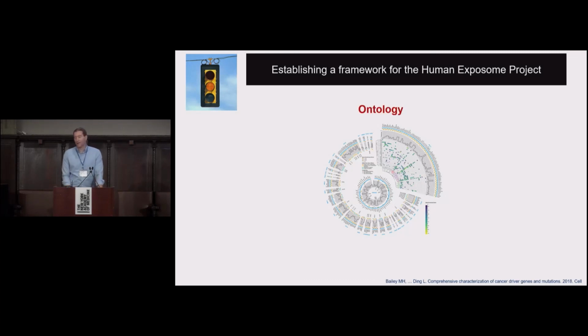And so we heard a lot about ontology. There are a number of limitations in ontology and linking information across different resources that we need for these cumulative databases in the Human Exposome Project. We don't have any good criteria for harmonization. So what do we consider a successful harmonization across data sets? We don't have clear criteria for standardization. How do we know if a method is performing appropriately to allow harmonization?